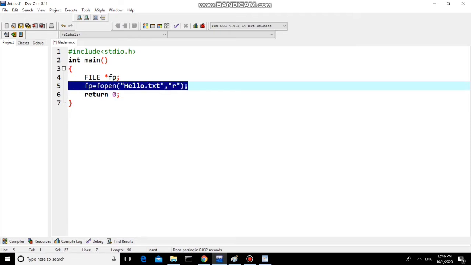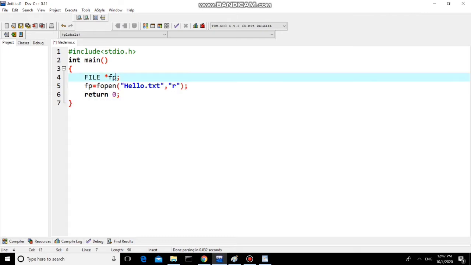I am explaining this working once again. The fopen function searches for the hello.txt file on the hard disk. Once the file is found, it will be loaded from the hard disk into RAM, and then it will return a file pointer which is pointing to that file. As we don't know the name of that file pointer, I have created my explicit file pointer and assigned that output to it.